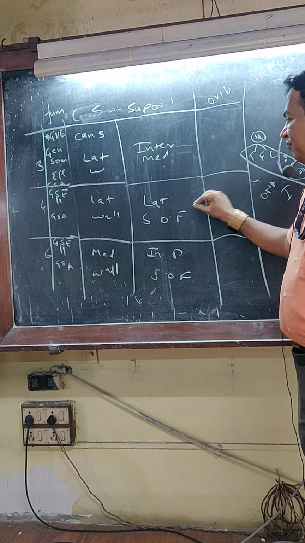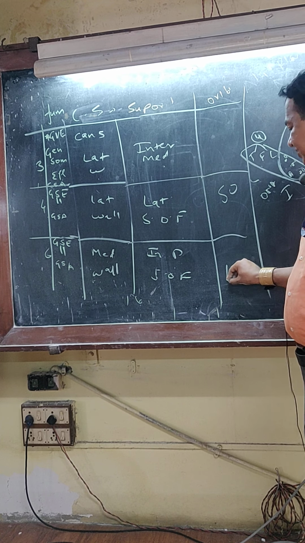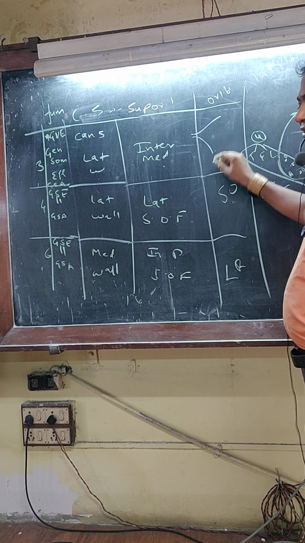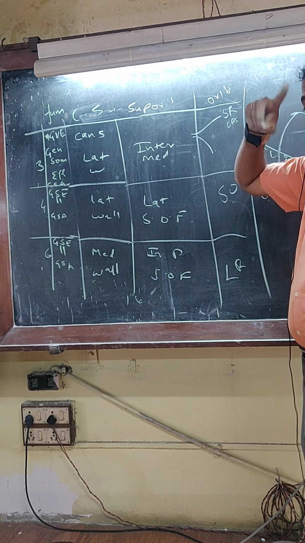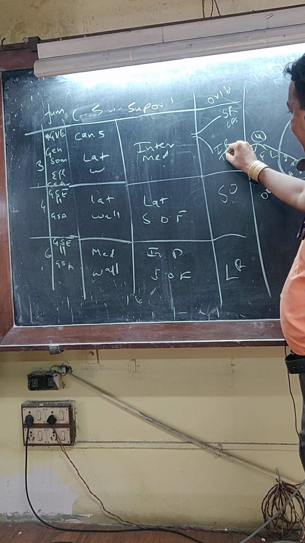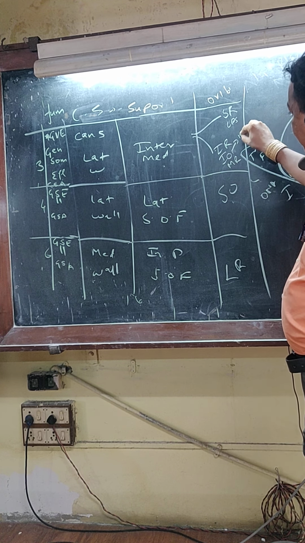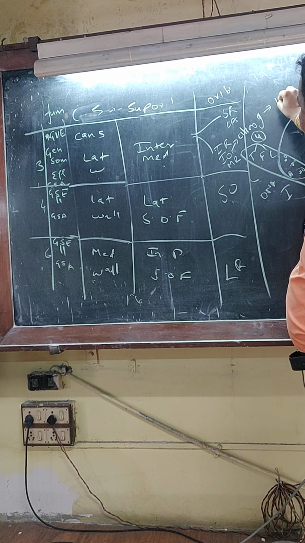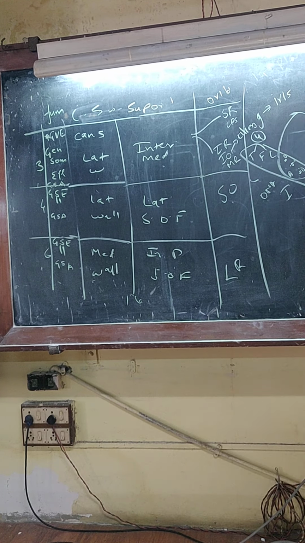Okay? SO4. The fourth nerve will supply the superior oblique, and the sixth nerve will supply the lateral rectus, LR. Well, this divides into superior and inferior divisions. The superior division supplies the superior rectus and levator palpebrae superioris, which elevates the eyelid. The inferior division supplies the inferior rectus, inferior oblique and medial rectus. The branch to the inferior oblique also gives a branch to the ciliary ganglion. The ciliary ganglion will supply the muscles of the iris.